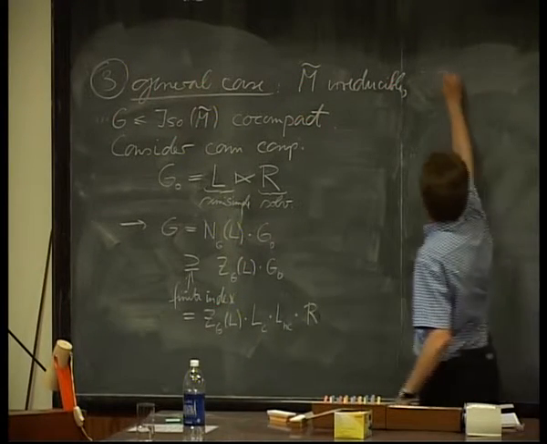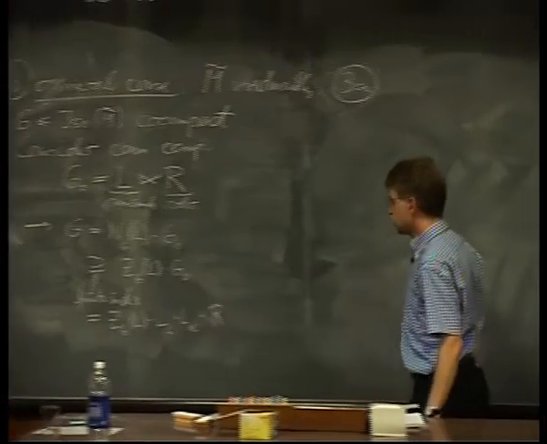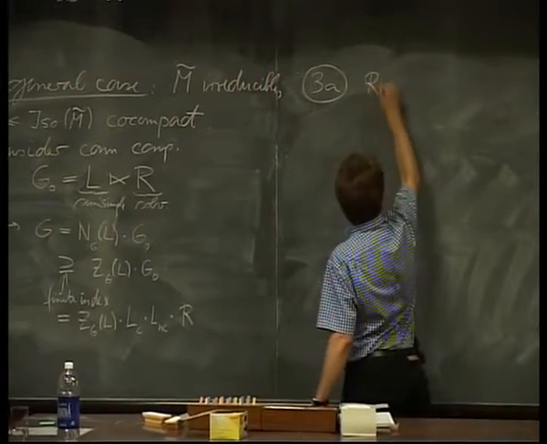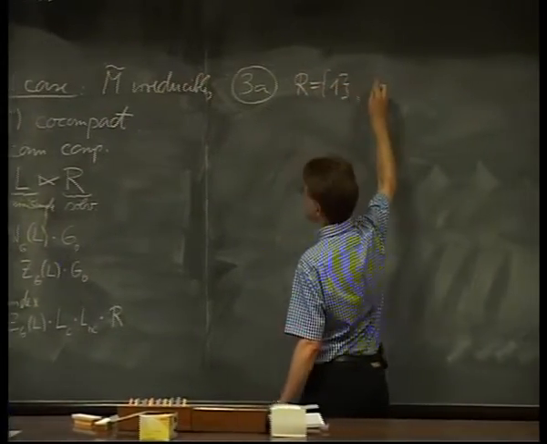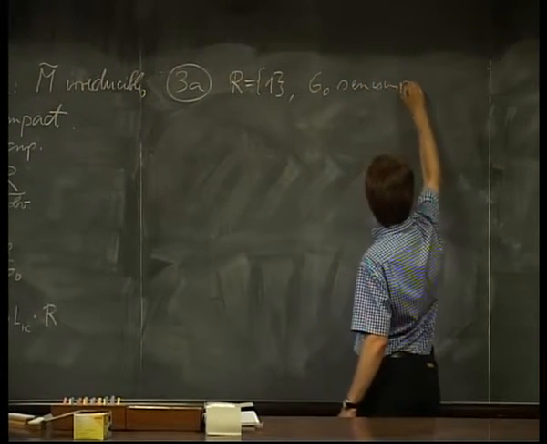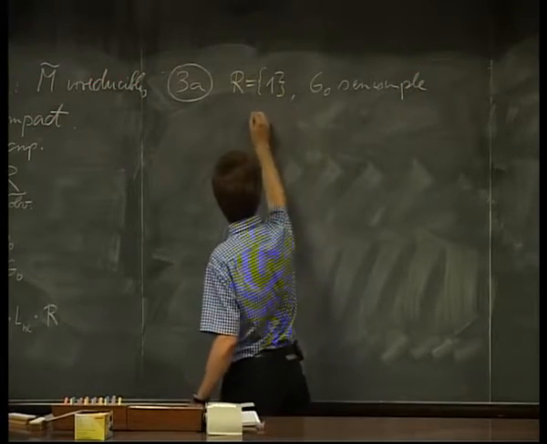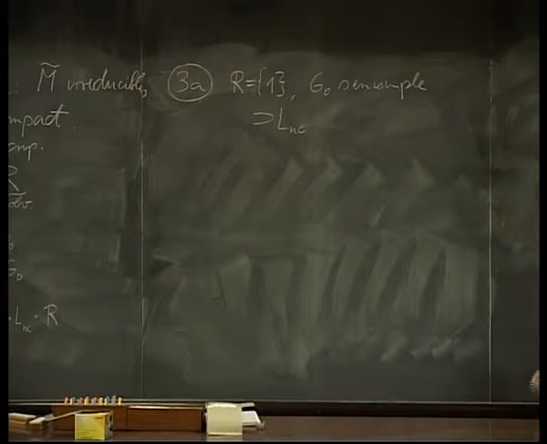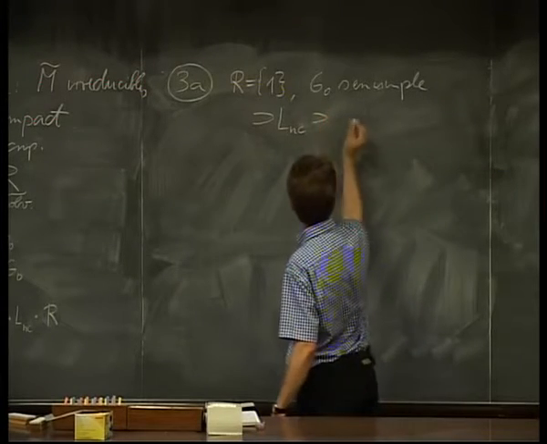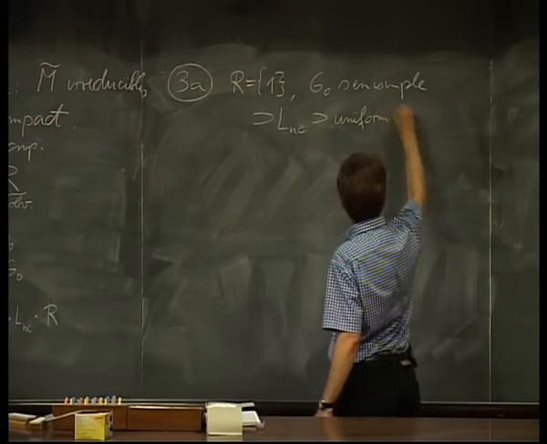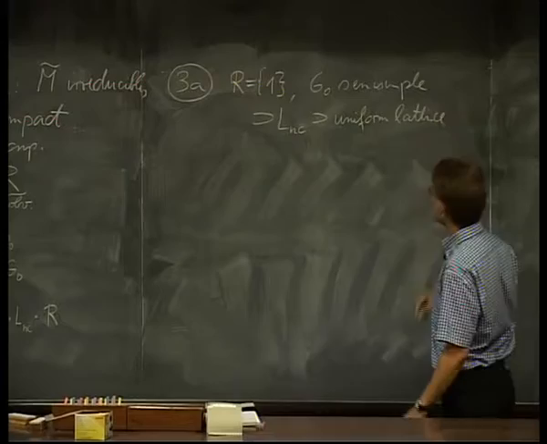So start with one simple case. What happens if R is just trivial? So G0 is semi-simple. If it's semi-simple, then it contains the product of all non-compact simple subgroups L and C, and in this we may find a co-compact lattice, uniform lattice, and in this case,